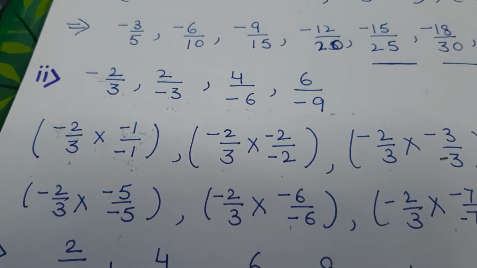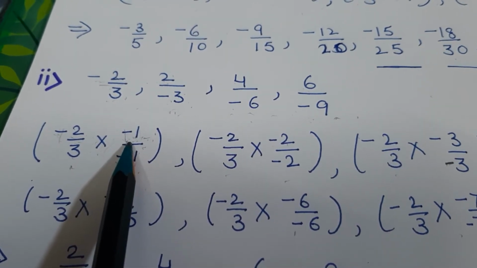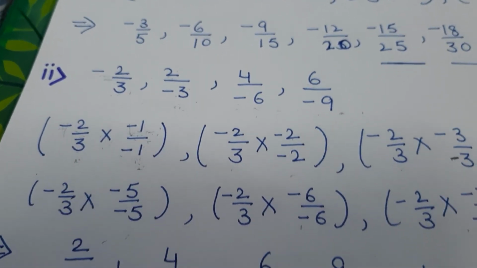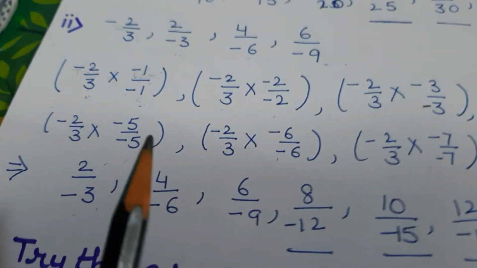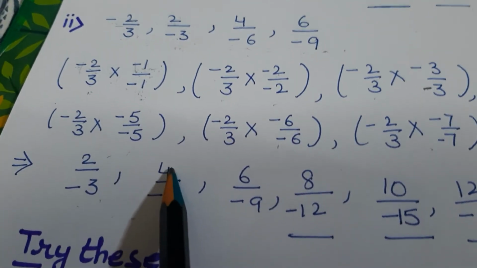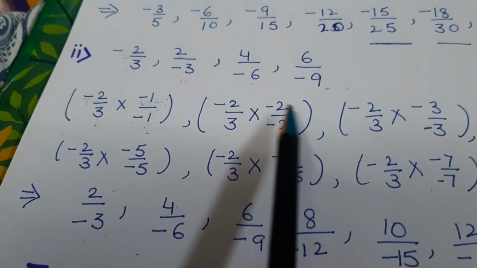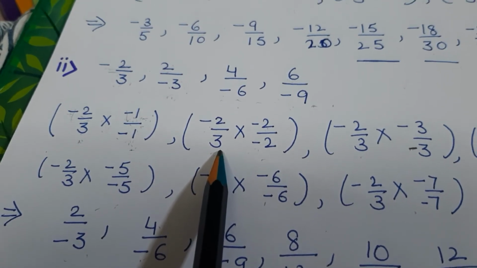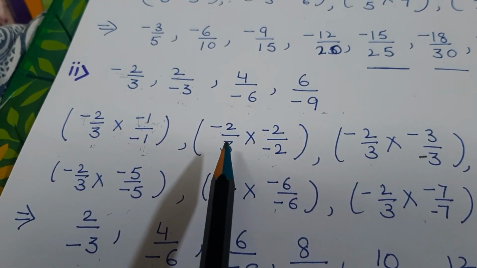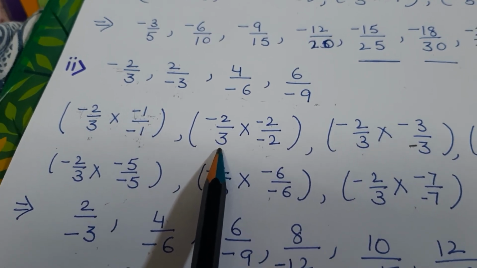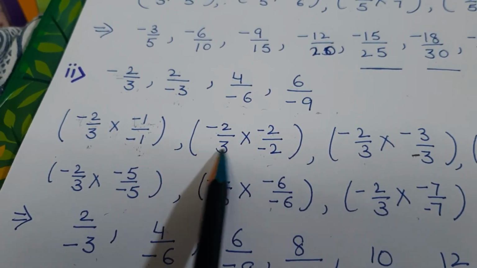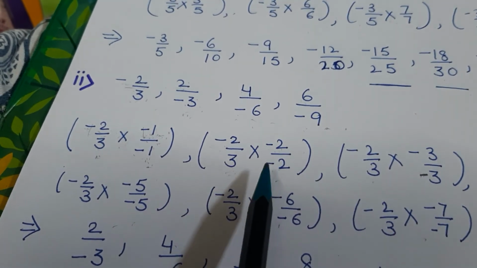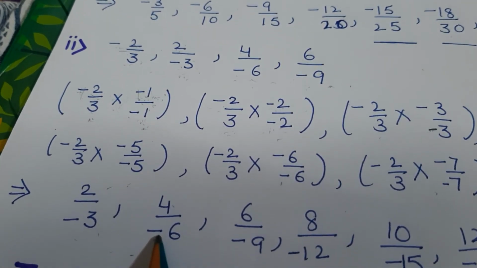Okay, so what are we getting after multiplying? Minus 2 times minus 1, so plus 2. 3 times minus 1 is minus 3. Similarly, minus 2 times minus 2 is plus 4, because both are negative. 3 times minus 2 is minus 6, with one negative sign. Here we will not see which is the bigger term to put its sign in the answer. No, in multiplication we count the signs. If two signs, then it becomes positive. If only one, then it will remain negative.